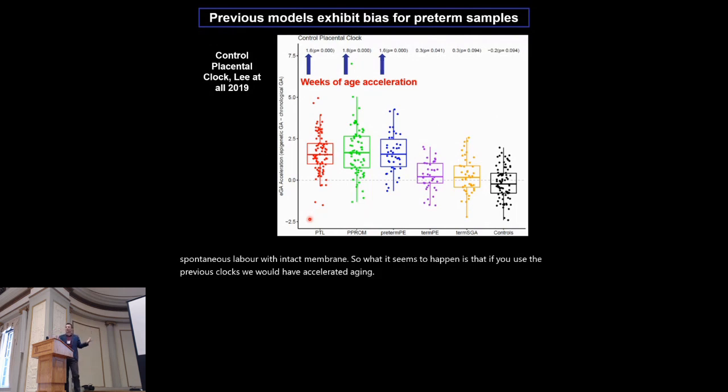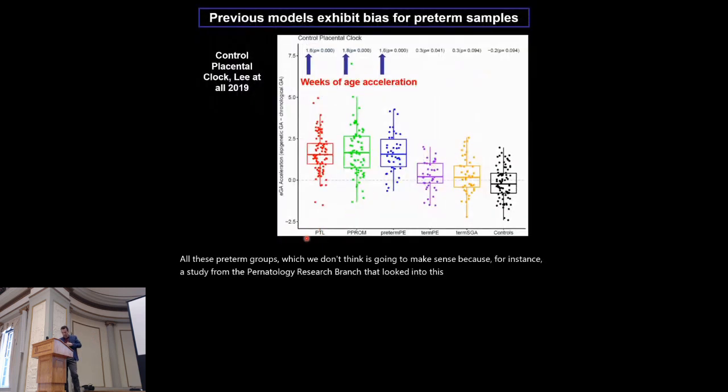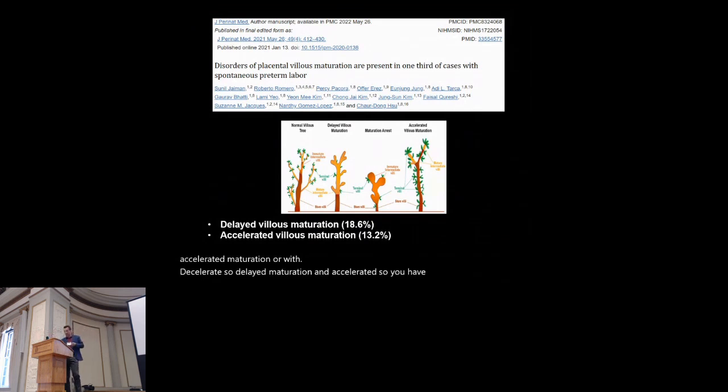all these preterm groups, which we don't think is going to make sense because, for instance, a study from the perinatology research branch that looked into this particular group, which is the spontaneous preterm labor, found that there is going to be a fraction of cases with accelerated maturation or with decelerated, so delayed maturation. So you have a fraction, and those two fractions should be at the ends of the spectrum, would not justify shifting all the mean